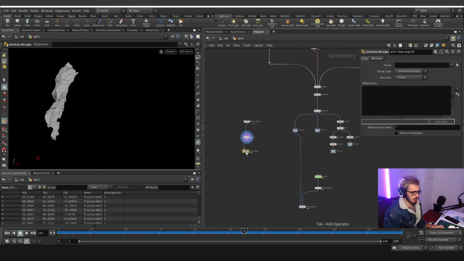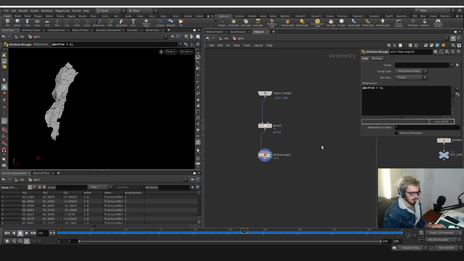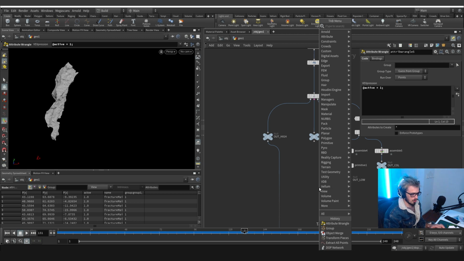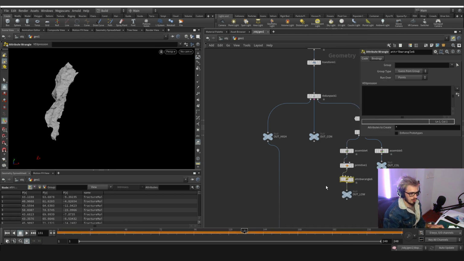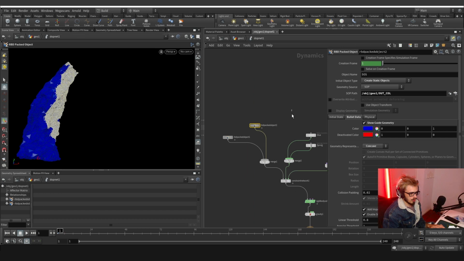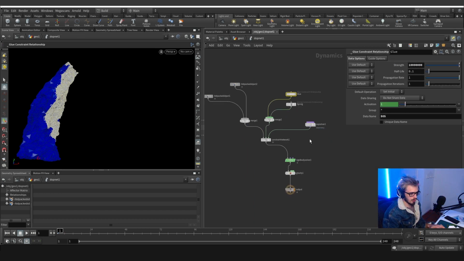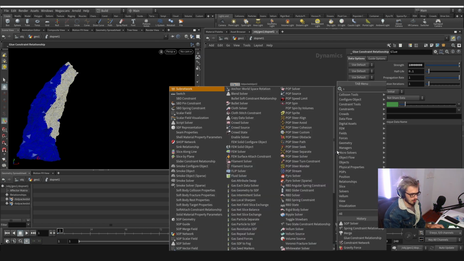We need to make a wrangle. This wrangle will be active. We'll set active equals 1. And the outlaw has to go with the wrangle that is active equals 0. We need to hop in. Let's increase the glue strength so it doesn't break so fast, and let's make another Sop